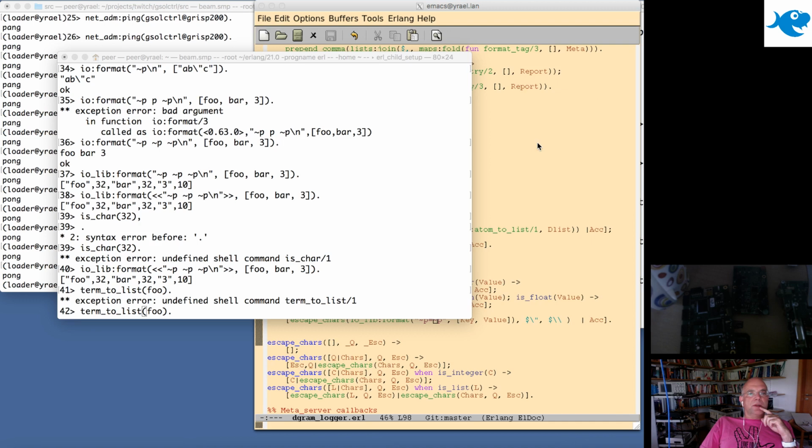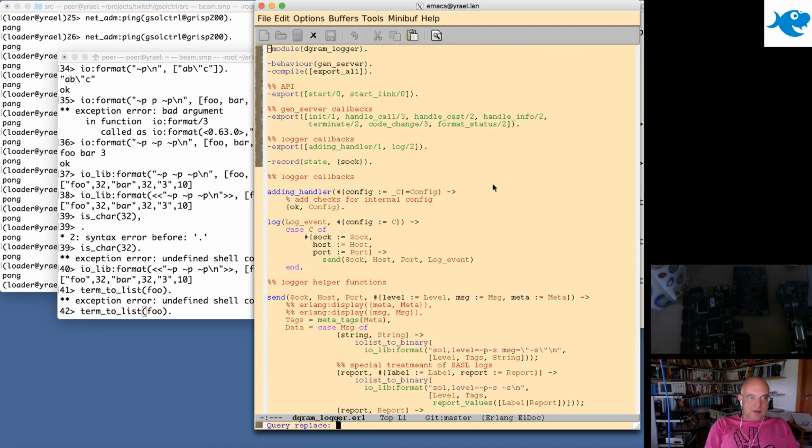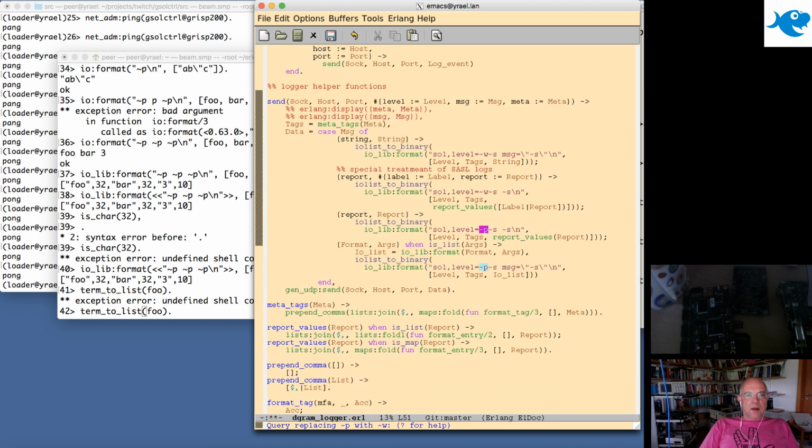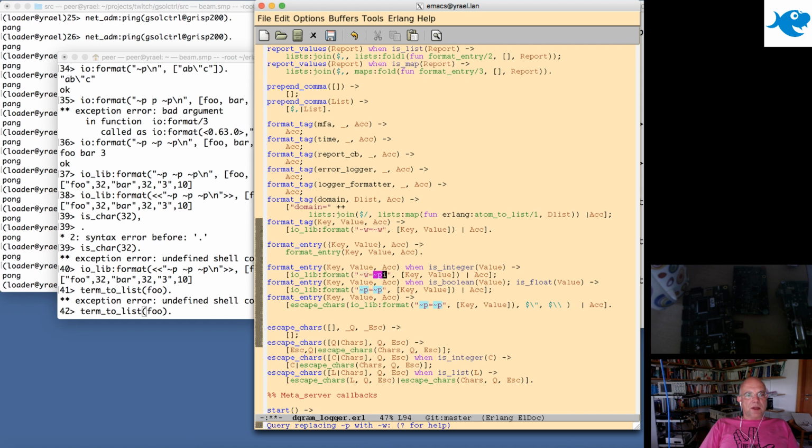So yeah, we need W in basically all these things. So we replace tilde P with tilde W, because we definitely don't want to have new lines inserted in our line protocol where a new line has a meaning. So yes. But for the escape characters, what we want to do is actually IO lib format of just the value. Then escape that, and then prepend to that basically